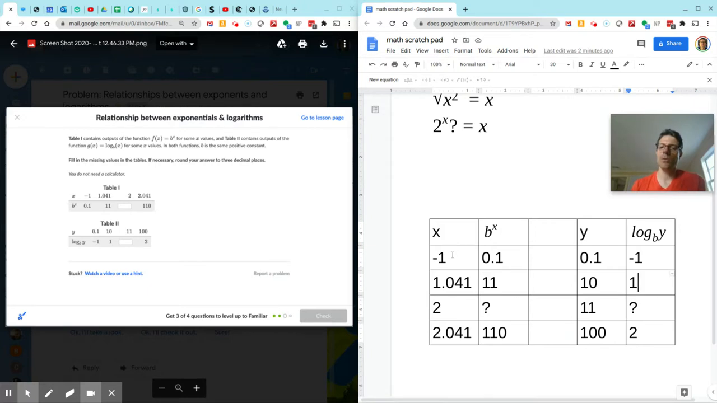So what we have to do is fill in these tables here. And it's a little tricky because they do it horizontally, where usually in math we see tables vertically oriented. So what this tells us is if x is -1 and I put it above the base, I don't know what the base is, but it's going to give me 0.1. If I put this above a base, it's going to give me 11. If I put 2 above the base,